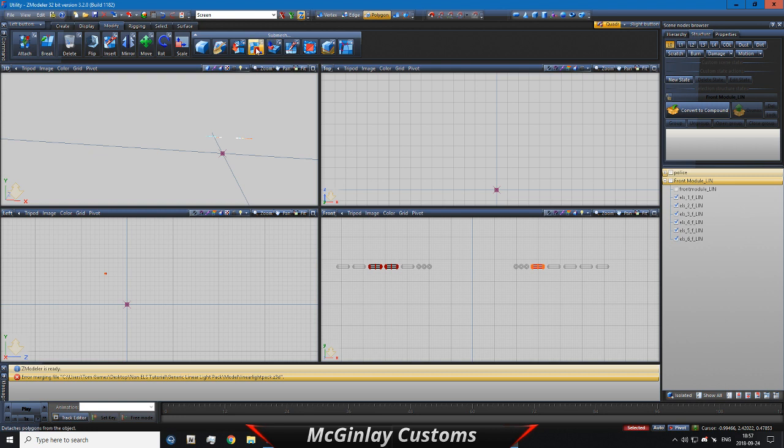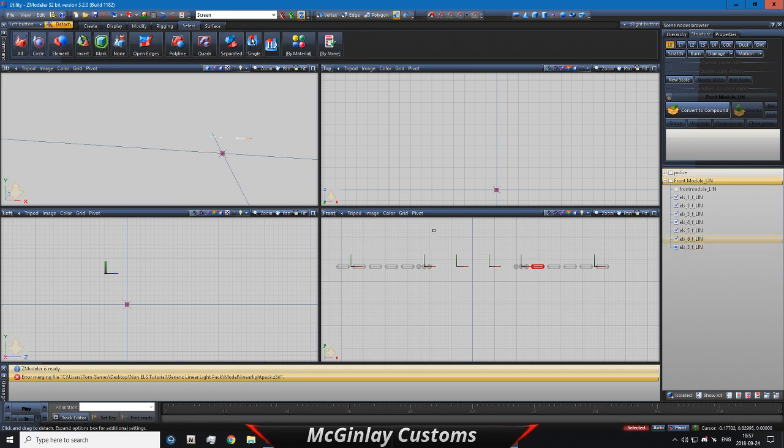Go to Modify, and under Submesh here you will see the Detach tool. Once you click the Detach tool, you can click anywhere, and it will detach the light and make it another mesh. So once you've done that, you want to just deselect the light, and then you will go back into polygon